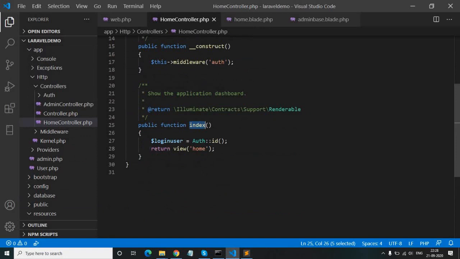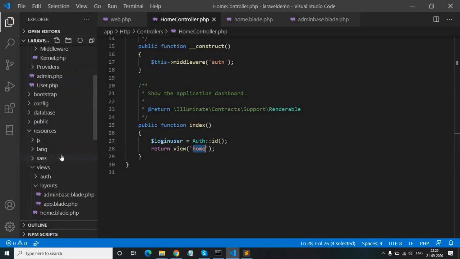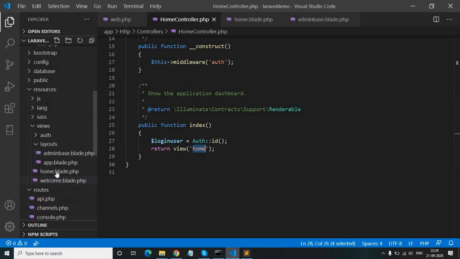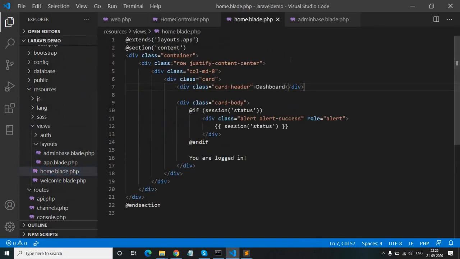Here we are calling the home view. So now we will open the home view. We have to go inside view and open home.blade. Here you can see the default template is being called. Now we have to call our new template.